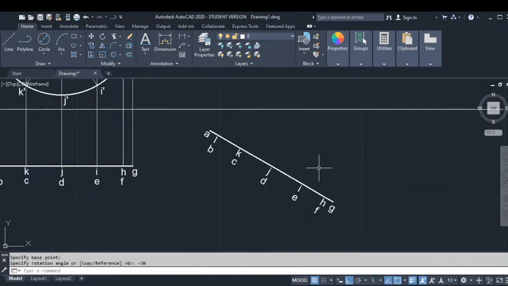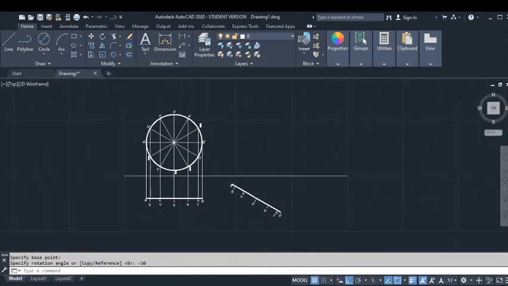Now I've given the angle to be minus 30 degrees because if I give it as plus 30 degrees, it's going to go in a clockwise direction. Now I want to make it a counterclockwise rotation, so I'm going to make it a minus 30 degrees rotation. Now another point is, why did I choose this point for rotation? Why not the starting point itself? The plane is making an angle about its center, so I have selected the center of this plane.